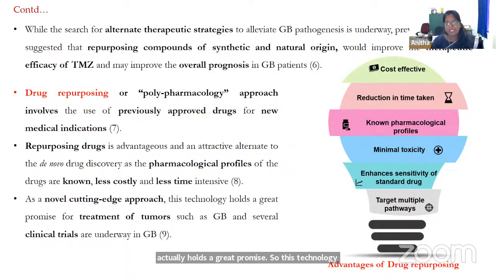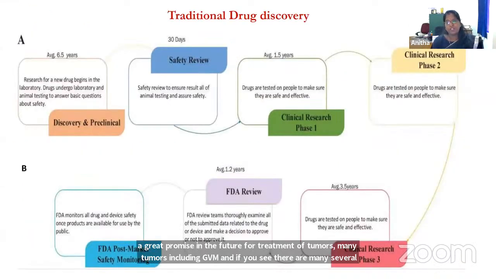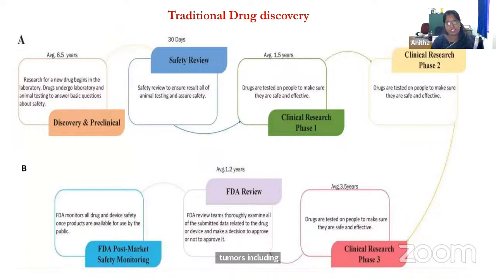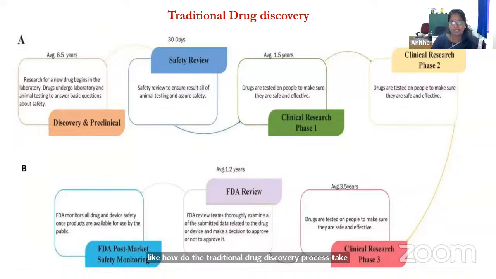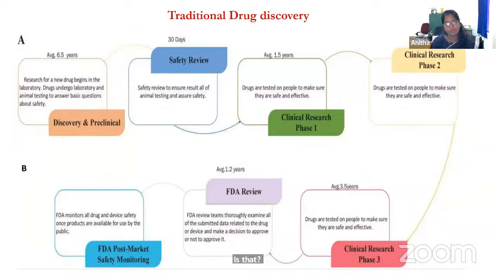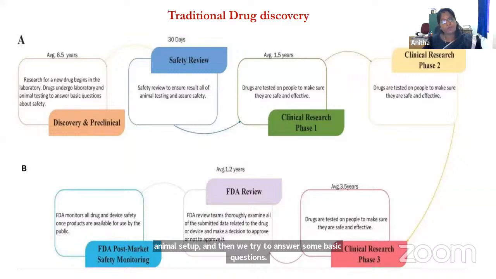And if you see, there are several clinical trials underway with these repurposing drugs. If you take the traditional drug discovery process, it begins in the laboratory, and then we go on to the animal setup, and we try to answer some basic questions. That is going to be discovery and preclinical, and it takes an average of about 6.5